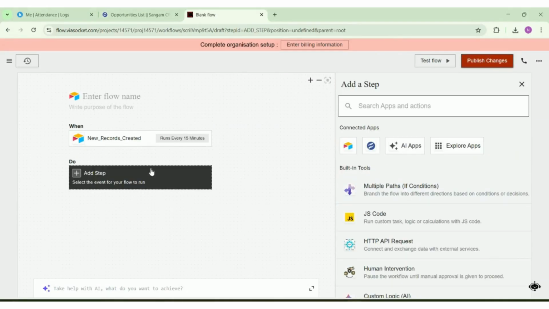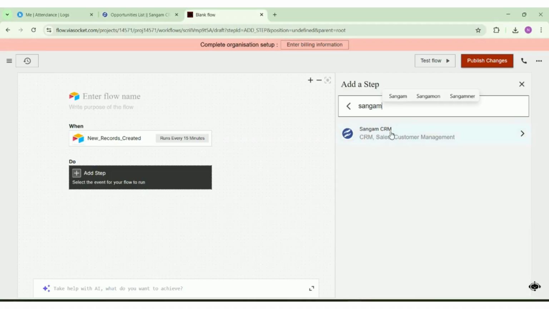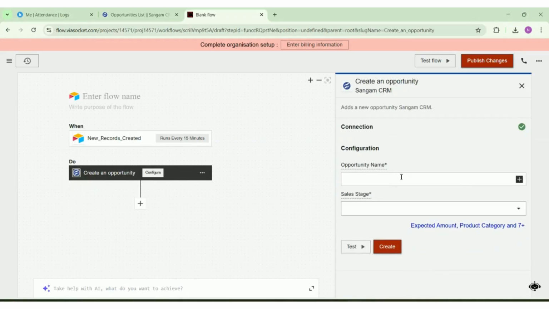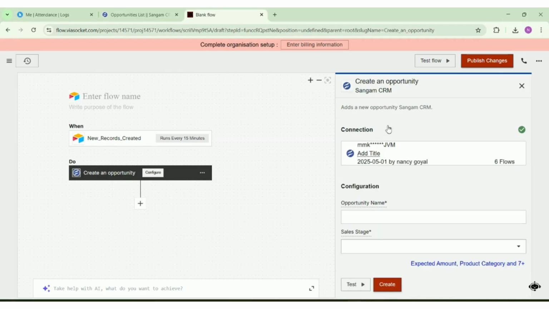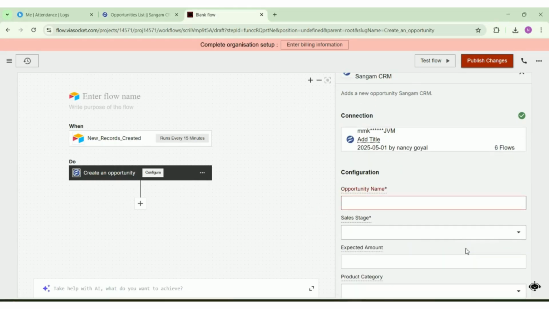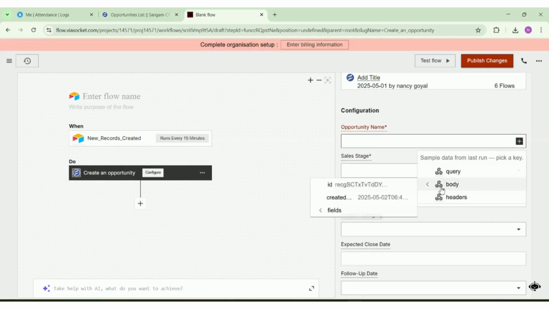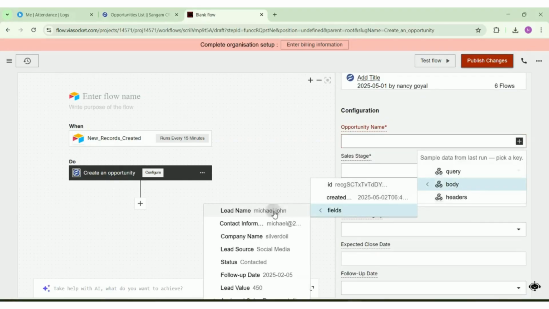Choose Sangam CRM as the action application. Select Create an opportunity as the action event. If you have already connected to Sangam CRM, simply select your existing connection. Otherwise, for a detailed guide on connecting Sangam CRM with ViaSocket, you can refer to the video linked in the information icon. Now start mapping the necessary fields such as opportunity name, sales stage,